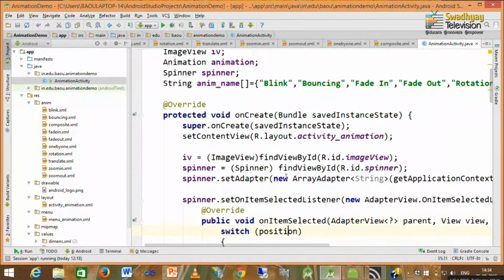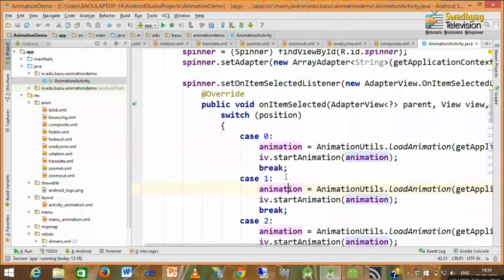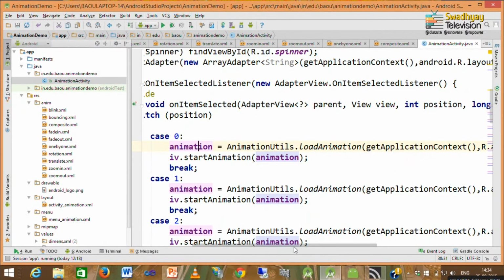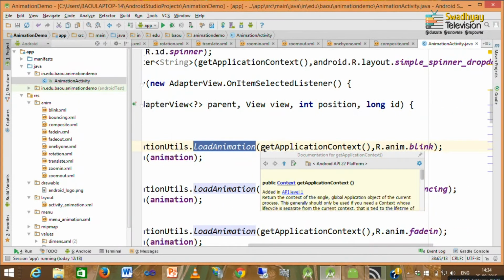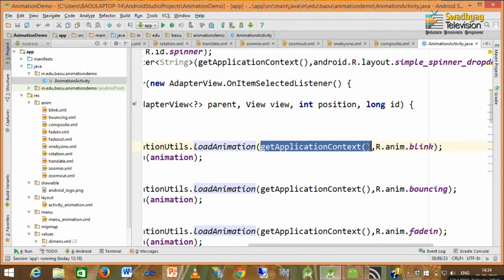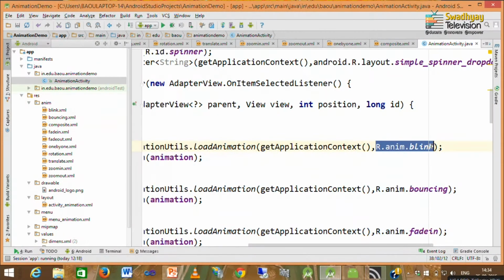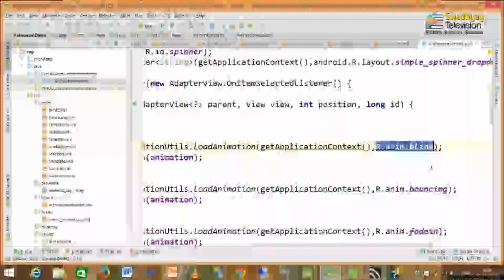So, in case 0 I have created an animation object by calling the static method loadAnimation of the AnimationUtils class. This AnimationUtils class has a static method called loadAnimation, and inside this you have to specify 2 arguments. First is a context and second is the animation that represents the XML resource.